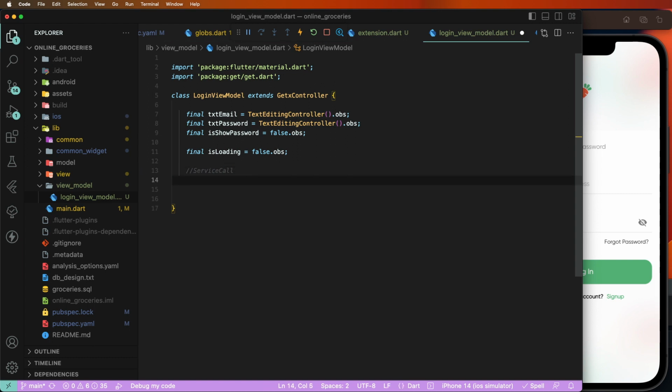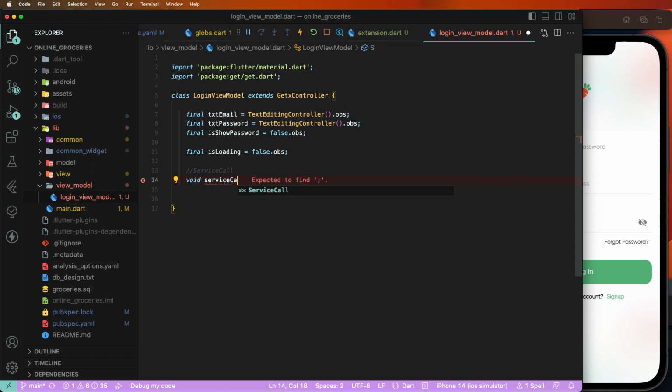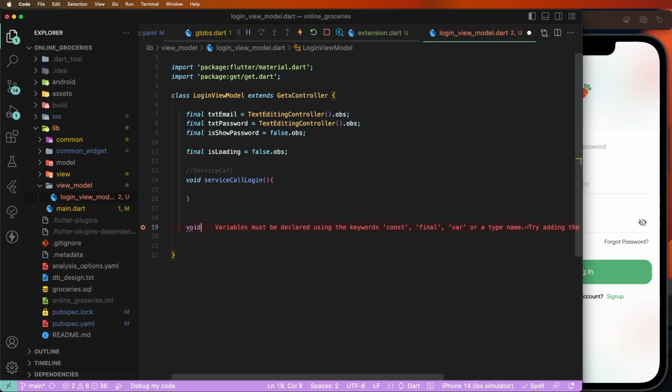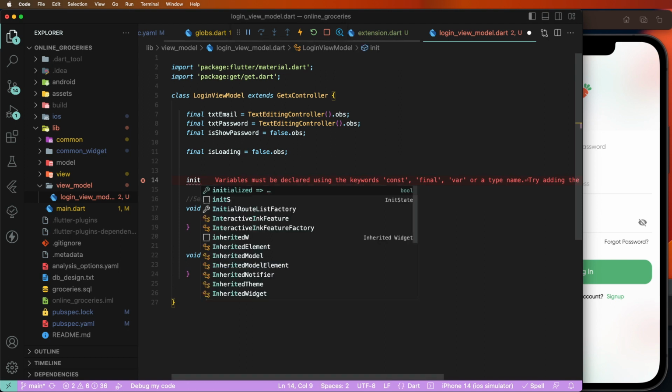Write down here void call login, and after me to write down functions and we need to the initialize value. Need to write down here the